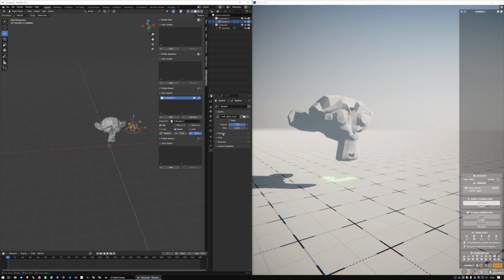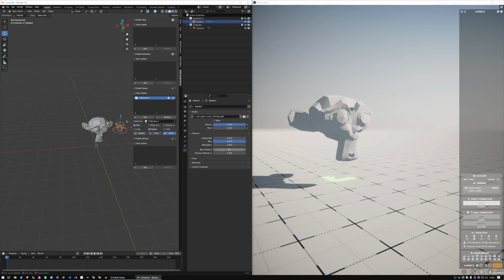You can choose the distance as well. You can also choose the max distance that it will be heard, and it's infinite, but you can also say it should be 10 meters, for example. So let's do that. Let's make it 10. And then at 1 meter away from the center, it will be at 100% if you have a limit on. So now it's set to play and be spatial, and you can also play on exit. All the stuff that you can do in Rhino.